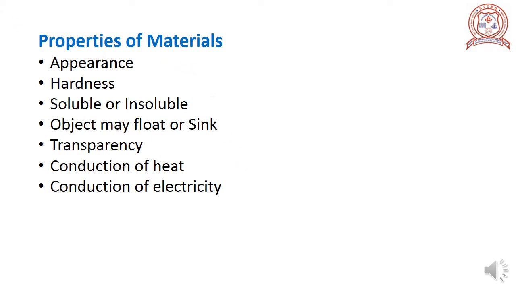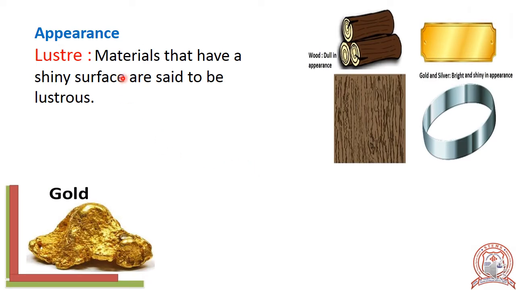First property is appearance. Appearance means how the material looks. Okay. Materials look different from each other. Plastic looks different from paper. Paper appears different from wood. Iron looks different from aluminium, and so on. There may be certain similarities between iron and aluminium which may not be present in plastic. We can thus classify materials on the basis of appearance.